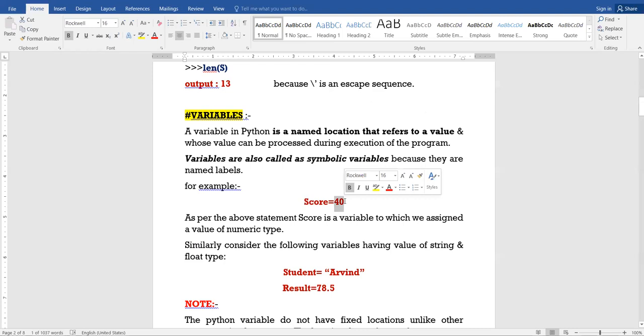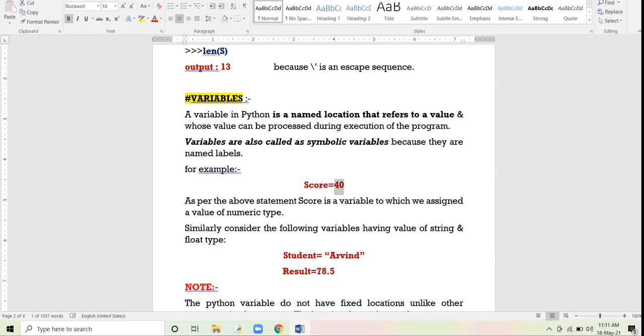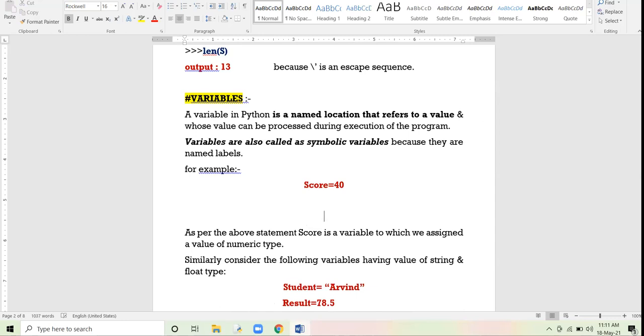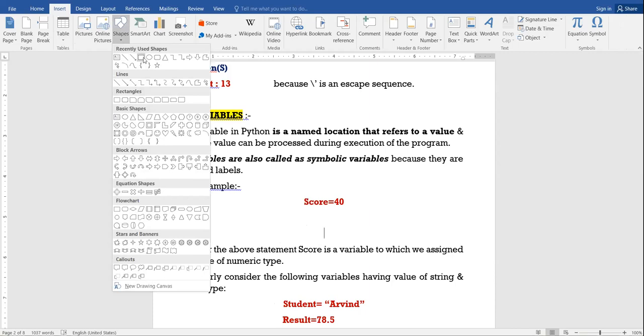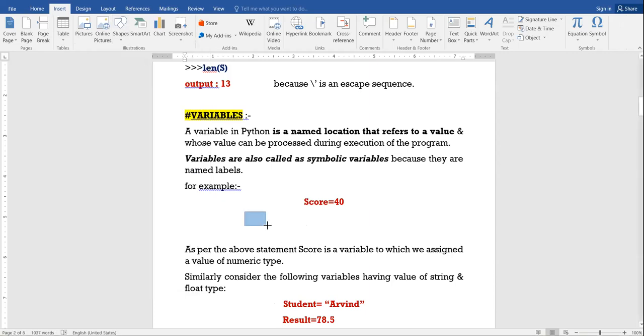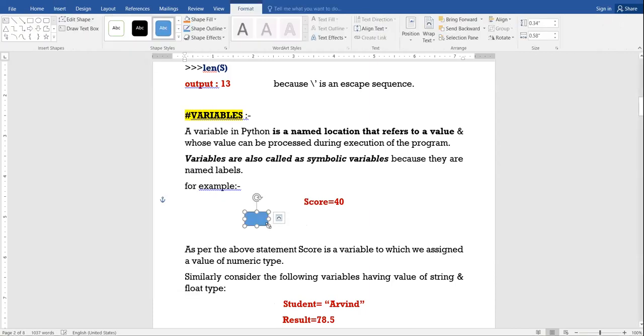अब अगर मेमोरी में लोकेशन है तो उसका एड्रेस भी होगा. अगर मेमोरी में लोकेशन है तो बट ऑब्वियस है उसका एड्रेस भी होगा. लाइक फॉर एग्जांपल आई से I have one location in the memory. This is a location. Consider it as a location. Okay.